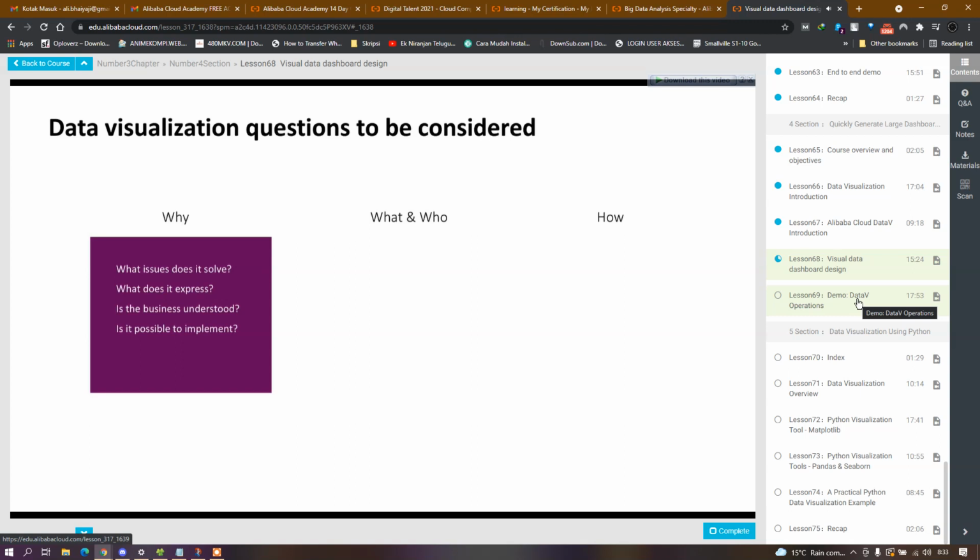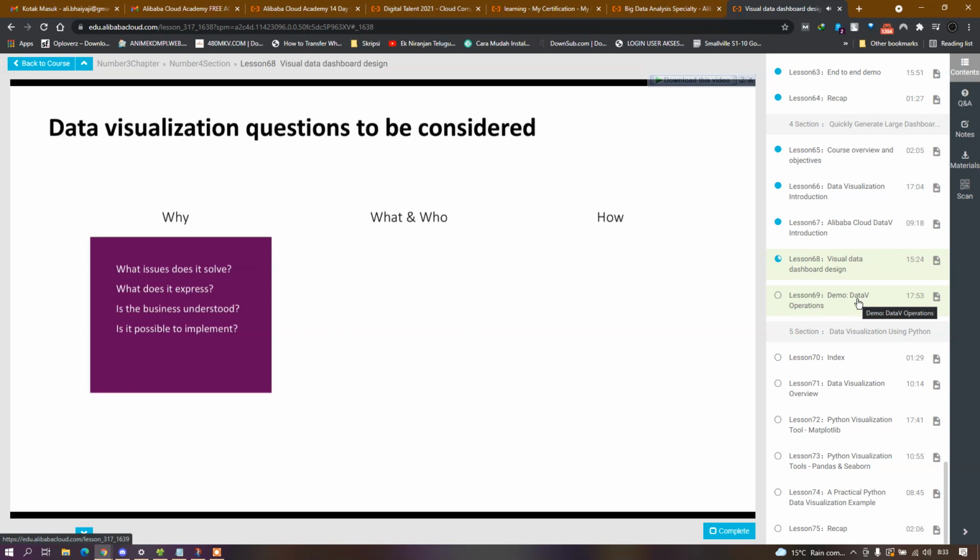If you don't understand the business, it's hard for you to design the data dashboard. And the most important thing is that you should consider whether this dashboard is possible to implement or not, according to the data availability and also